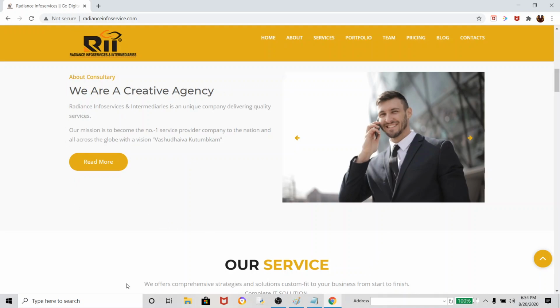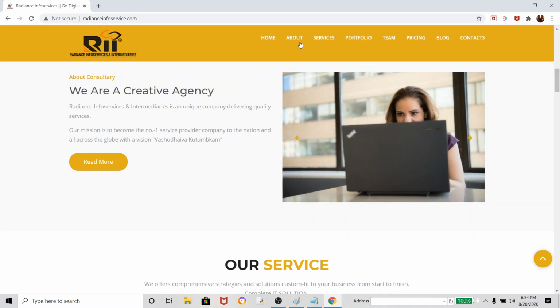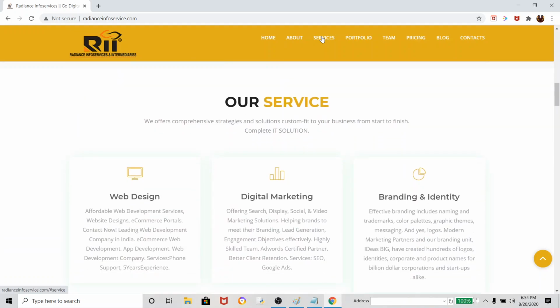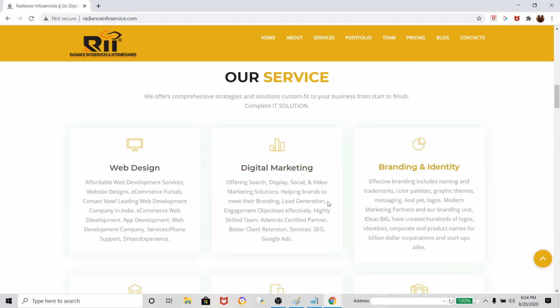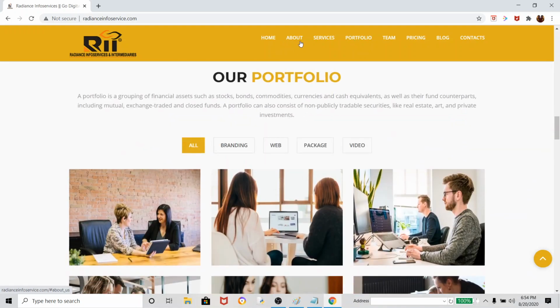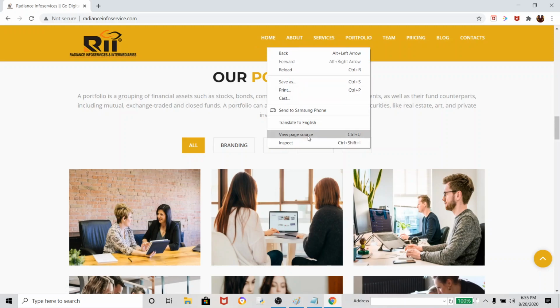Clear? So for that link we have written name is equal to about, and then we have written this information. Clear? As we click on services, it directly brings you to where the services are displayed, then the portfolio. So these are all links to that particular bookmark. For the link we write a href is equal to whatever name is written here, home, and I will show you the web page source.